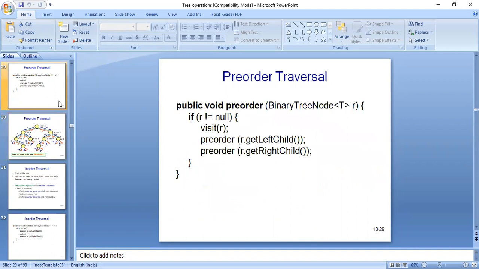Taking another example, I'll show you by demonstration here. Let's assume we have a tree with A, then we have B and C. They are the children of A, that is the root node. Then we have two children of B, that is D and E. These are the children of B. Then we have only one child of C, that is F. Now we want to traverse this in pre-order. How can we do that?